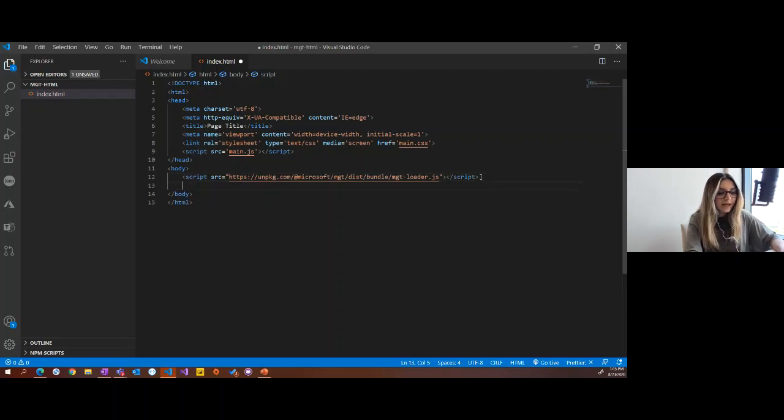Next, I will add the MSAL provider. So mgt-msal-provider. This provider will consume a client ID. And this client ID will come from my Azure Active Directory app. So to be able to consume the MSAL provider, first I need to register my application in Azure Active Directory. We will do that in a second, but before, let's go ahead and add our mgt-login component, and then